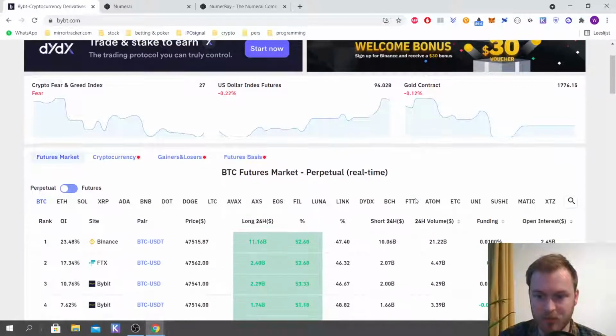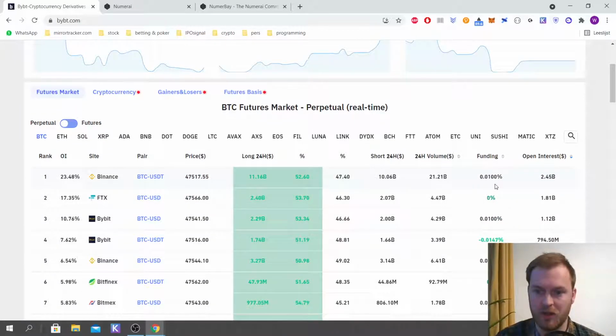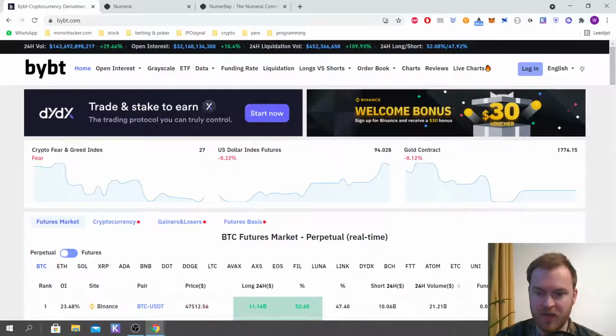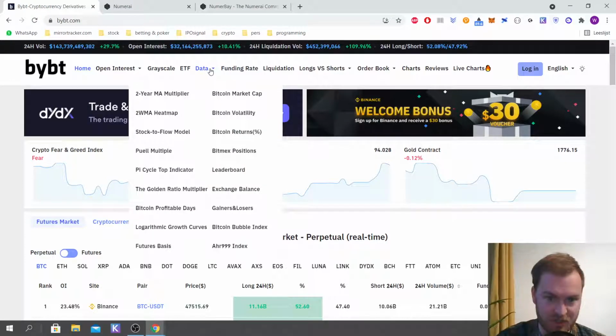For example, you can go to very core data like, okay, this is for the futures, the funding rate, which means if the funding rate is positive, longs pay the shorts for the futures, and if it's negative, then the shorts have to pay the longs. Every day this amount needs to be paid. So this could be a very core variable that you can analyze, and you can just take it from this website, and you need to maybe data crawl it. That's not what this video is about, but